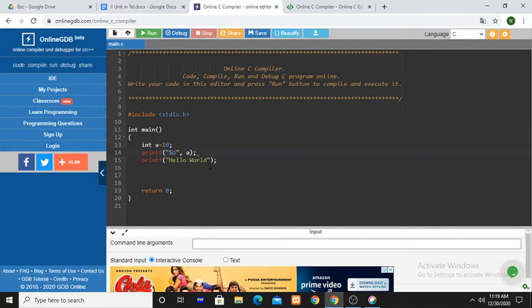If the condition is true, some set of statements are executed. If the condition is false, an entirely different set of statements are executed. In those situations, control statements are used.